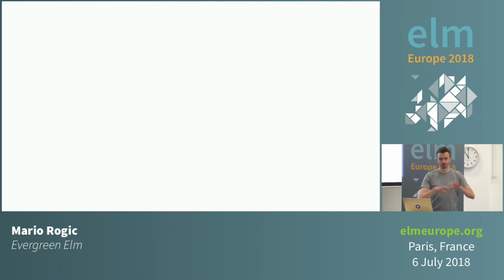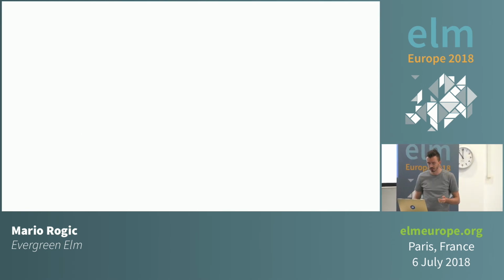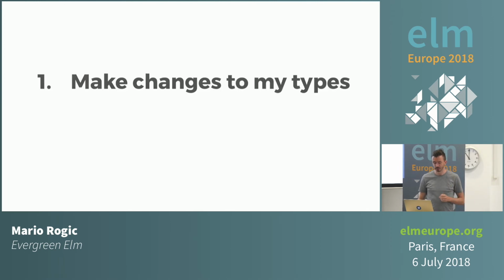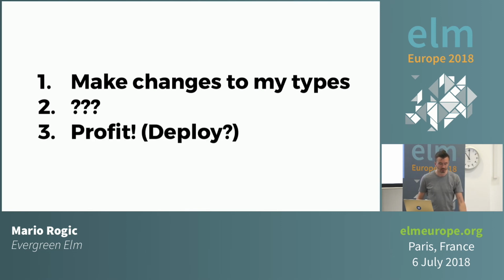So we've got the tooling that you've seen that exists, but let's think about actually using it. So you're working in your app. Think about your production app today. You've just installed Evergreen. You're super excited. You're just going to have all this stuff for free now. You make a bunch of changes to your types. Your Elm code's compiling. And then something happens. I'm not sure. And then we deploy and everything's great.